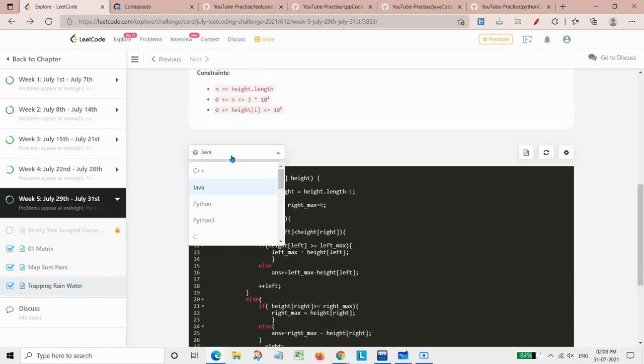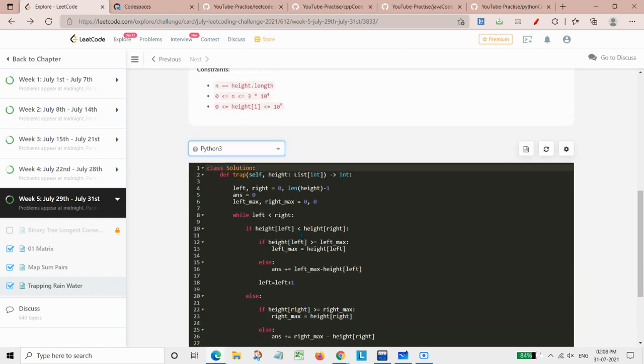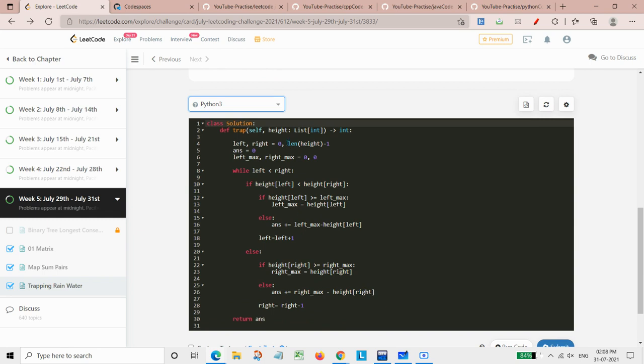Now comes the part for the Python code. For Python, we simply need to change how we are assigning. Basically, first we do left, right equals 0, length of height, rather than doing left equal to 0 and right equal to length of height minus 1. Then answer, and then left max and right max.